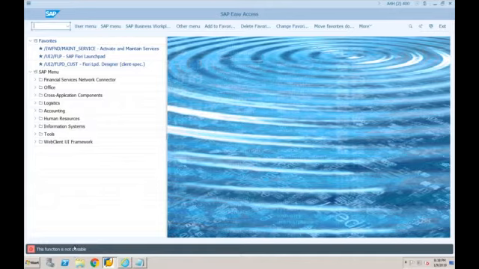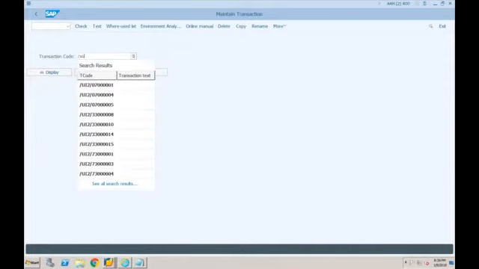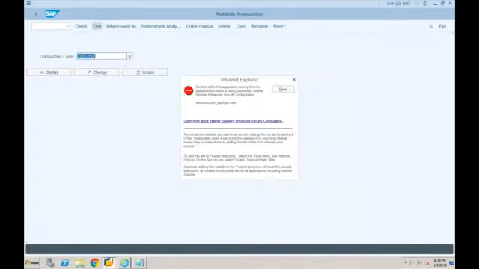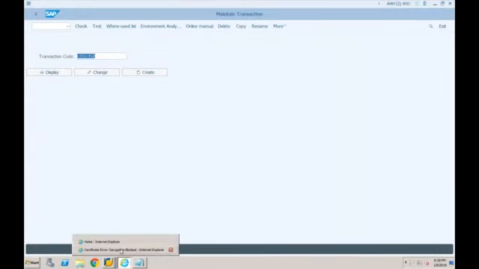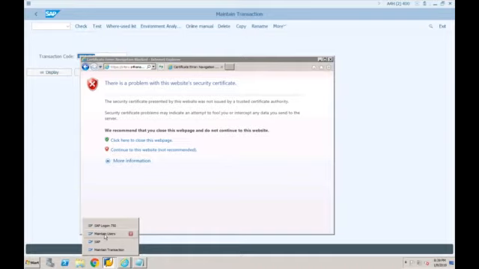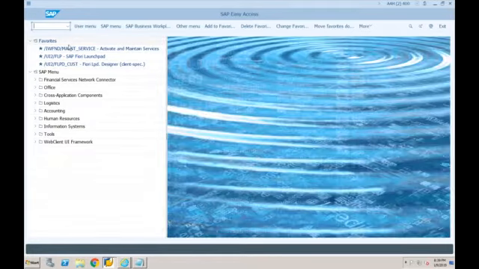If you just press enter, sometimes you will get this message, this function is not possible. Okay, so the other way of looking into it is you go to transaction SE93, which is a transaction to access the transaction codes. And if you just write here /UI2/FLP, you'll be able to see this transaction and just click on test. Okay, so it will connect you to the Fiori screen. So you can try using this transaction /UI2/FLP, or if you are not able to connect via this, then the only option is to go to your Fiori consultant and request the link which should be used to connect to the system.